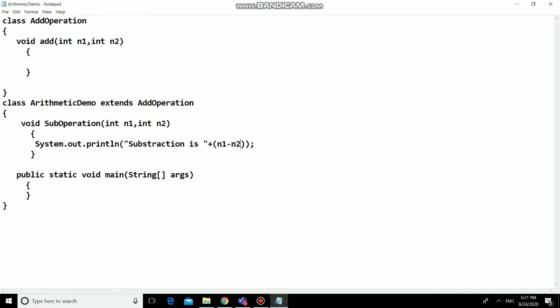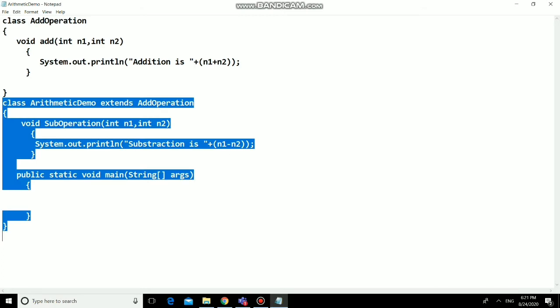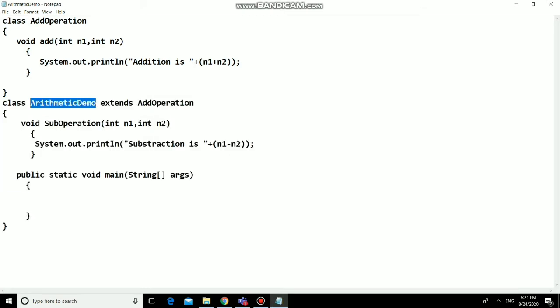n1 minus n2. n1 plus n2. Now see, this is the main class. Why is ArithmeticDemo the main class?